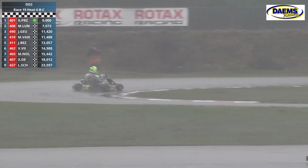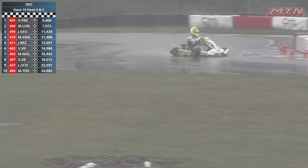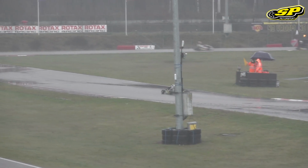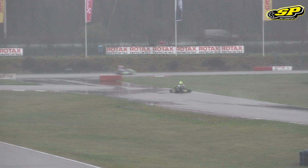Jakob Bezel rounds out the top 5. And Jakob Bezel started in P8. Van Looyen started P7. Yanni Gussens started in P4. Ville Viinainen started on pole position, but would finish 6th after that one. Mick Knowlton in 7th. Zenderua, I think probably not exactly going to be 100% happy about what's happened today, but